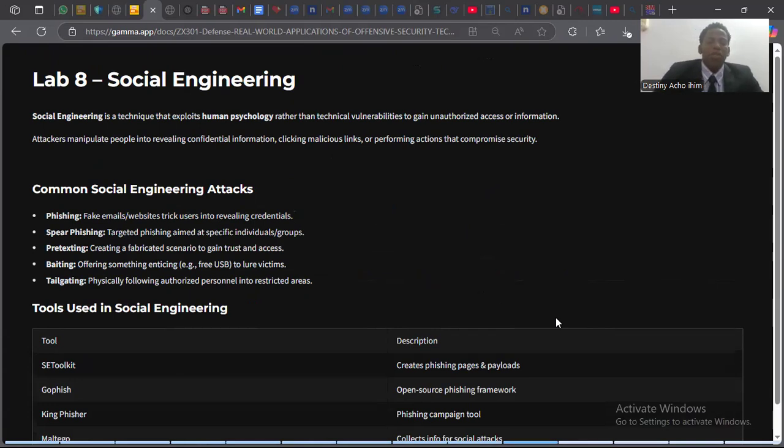Social engineering is basically a technique that manipulates human psychology rather than technical vulnerability, to gain unauthorized access to information. Attackers use things like phishing, spear phishing, pretexting, and baiting, which are psychological ways to manipulate their victims in order to gain access into your system, like pretending to be a trusted entity and having the victim click on some kind of malicious link so that they can gain access